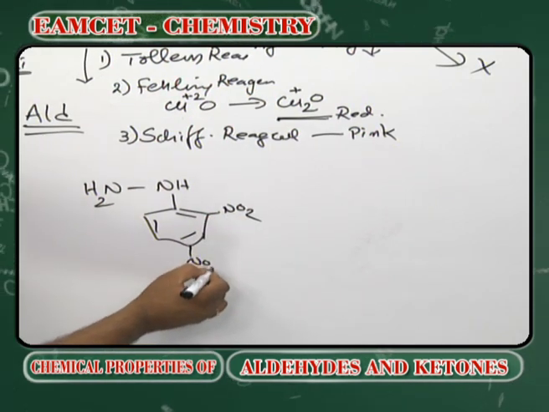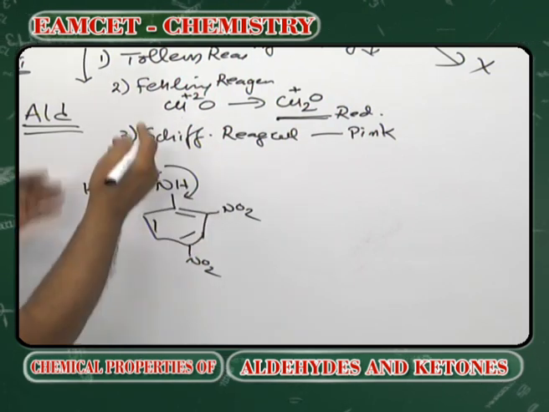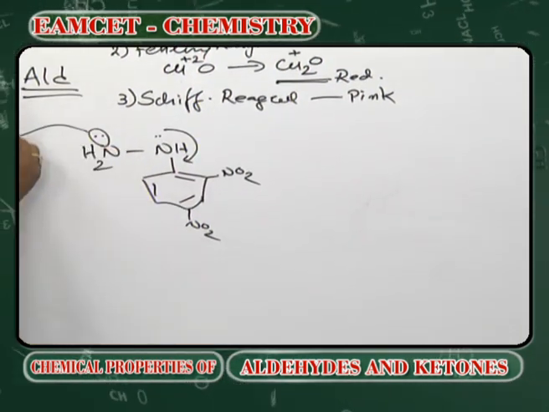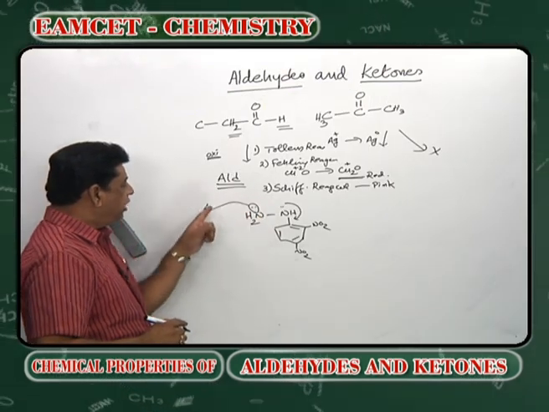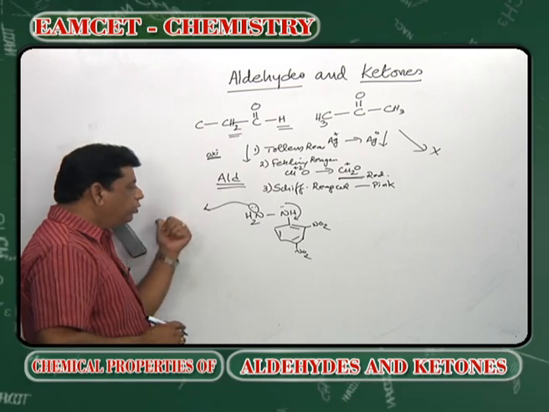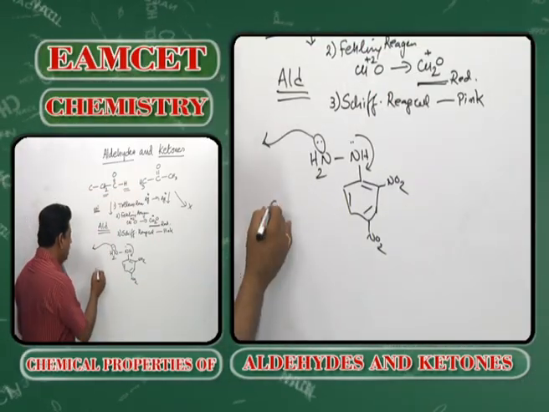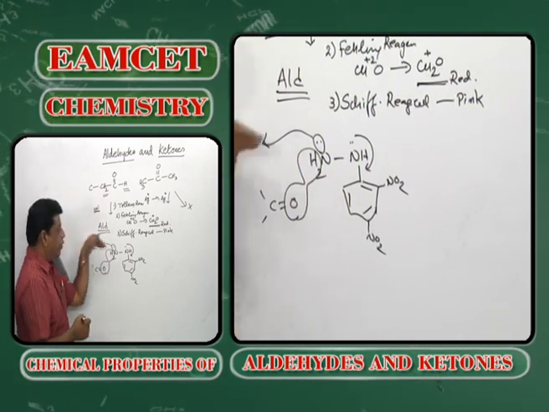These 2 nitro groups have -I -M effect. Therefore, the pair here is pulled down. So, the pair here will have less reactivity. Therefore, one pair is deactivated. This pair alone will be active to undergo nucleophilic addition. Therefore, one-sided addition reactions, all carbonyl compounds undergo condensation reactions like this. The products are called